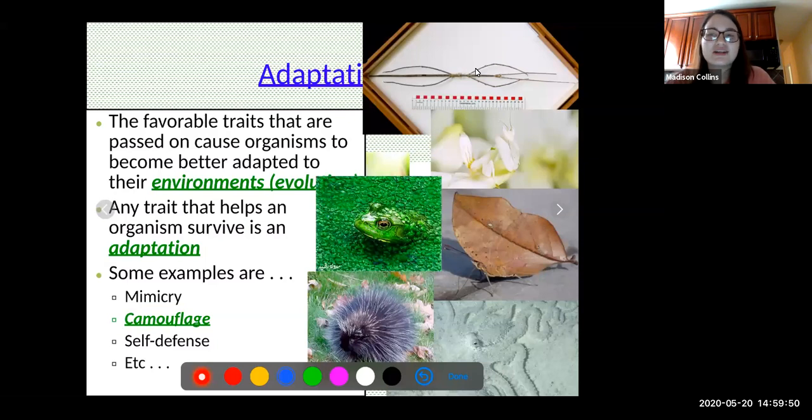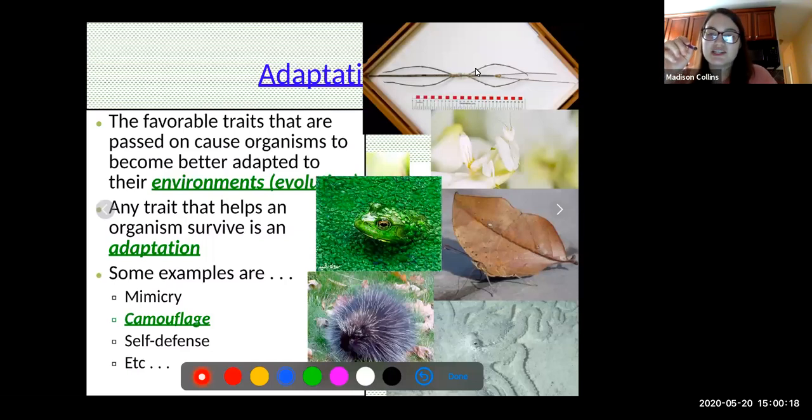And why do you think that would be helpful for that caterpillar? Obviously, you can't answer me right now, but the caterpillar looks like a snake. And so other organisms are going to take a look and be like, oh crap, that's a predator, I got to get out of here, even though it's just a measly caterpillar. So that mimicry allows the caterpillar to survive because not as many predators are going to come and get it, because it's mistaken for a predator.